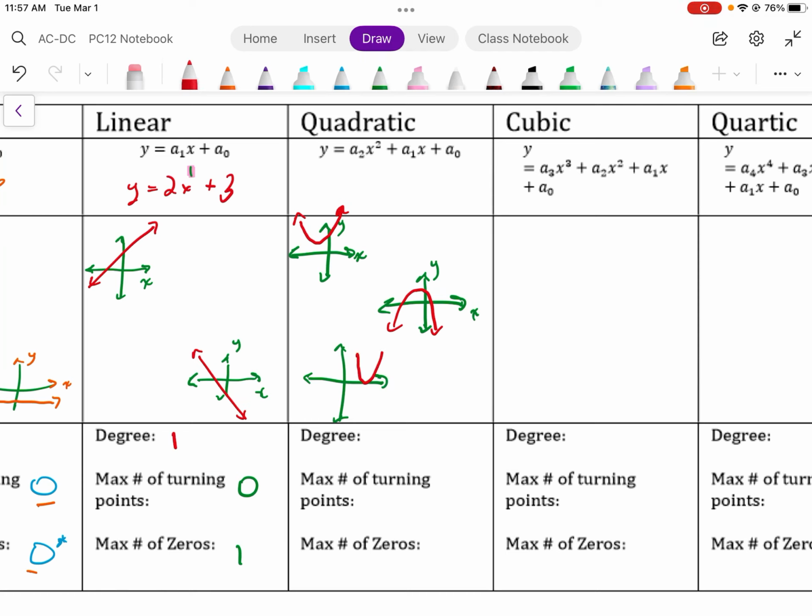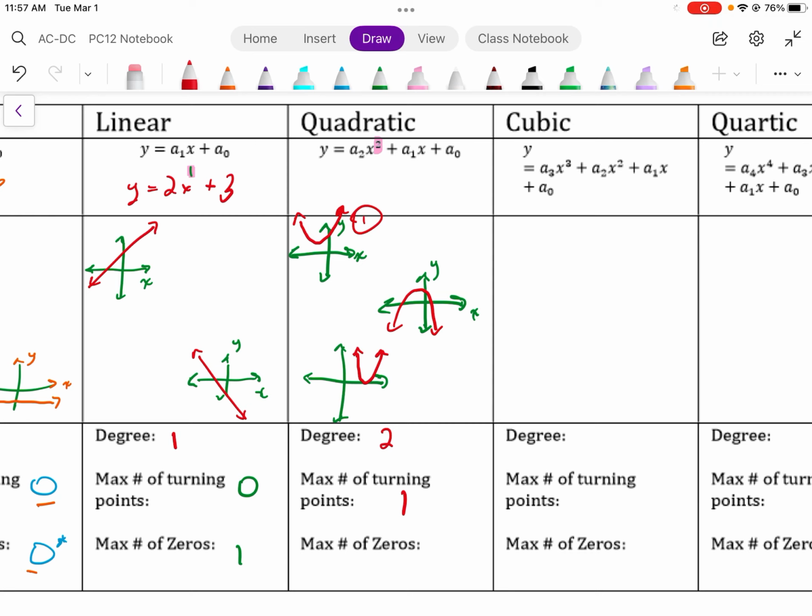Now, these are not the 3 patterns of quadratic functions, nothing near that magical. But a quadratic function has degree 2. The number of turning points or vertices on a quadratic function, there's 1. The maximum number of zeros. Well,